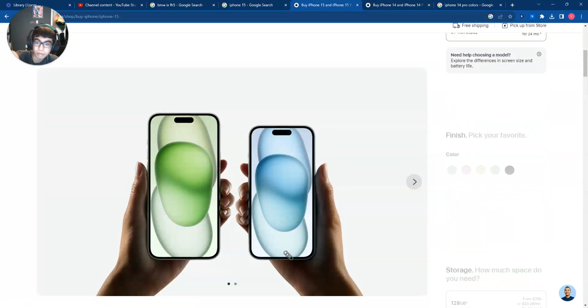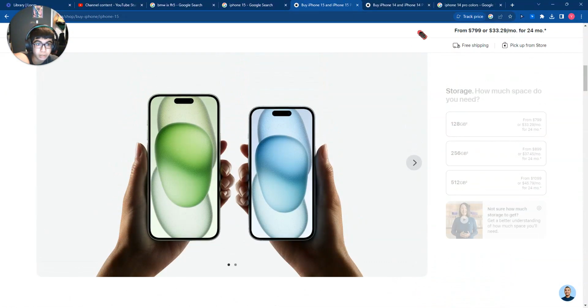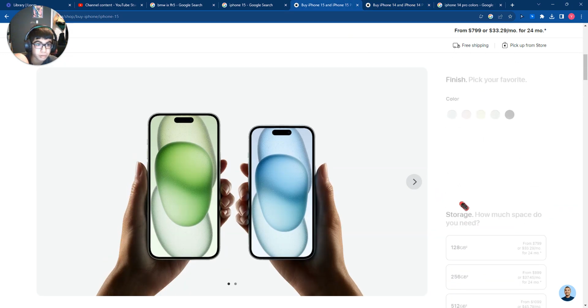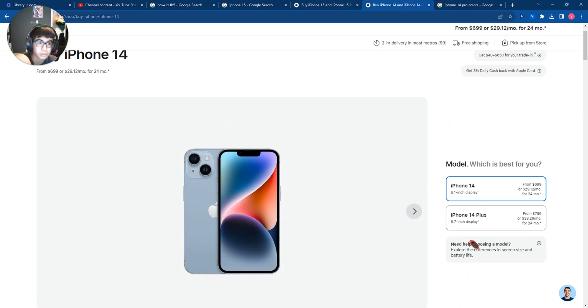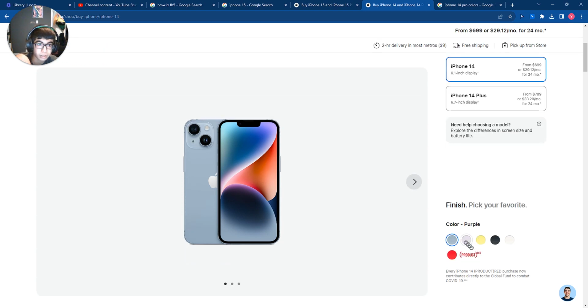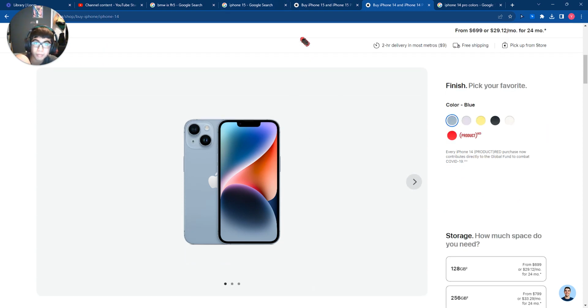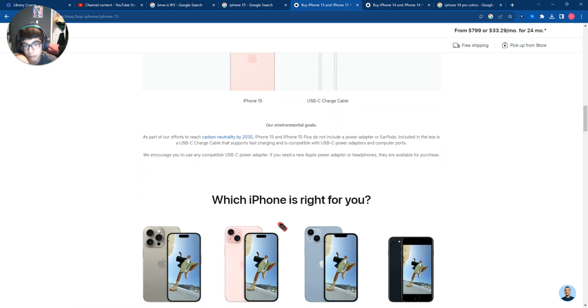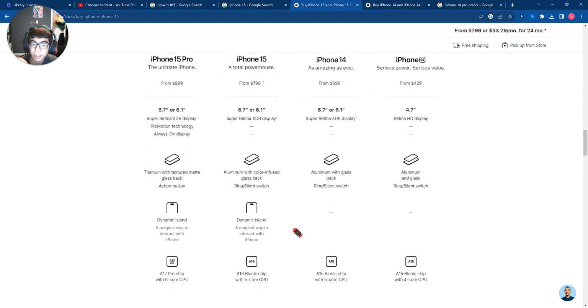So, more stuff about it. You get 512 gigs, same as the old one. They're the same price, except now the 14s are $699 instead of $799. So yeah, and those are still pretty good phones. And then instead of Lightning, you get USB-C now. And then as I said before, you get